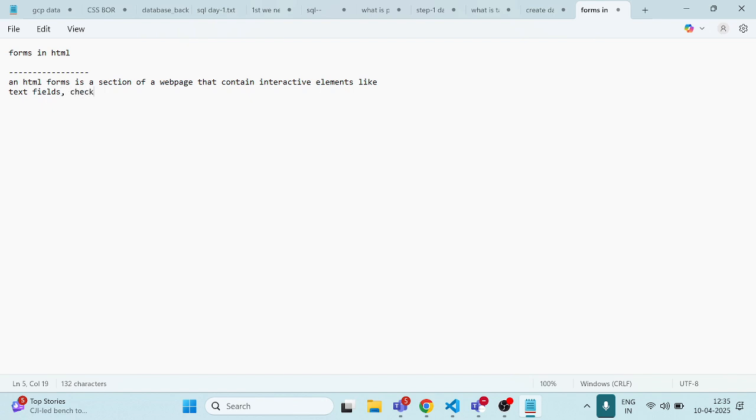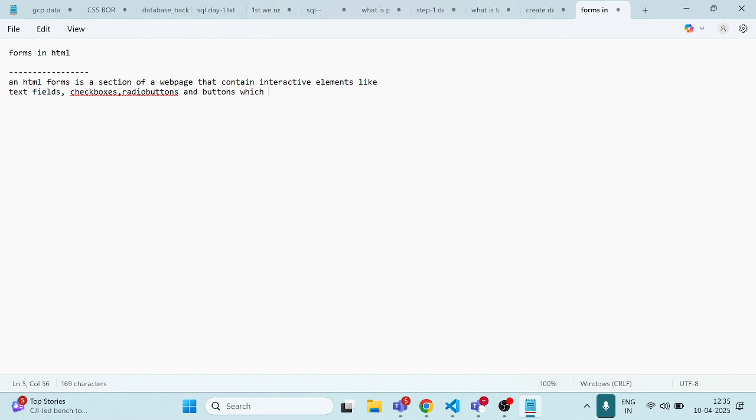Next, checkboxes. Checkboxes means what? Radio buttons, checkboxes, radio buttons, and buttons